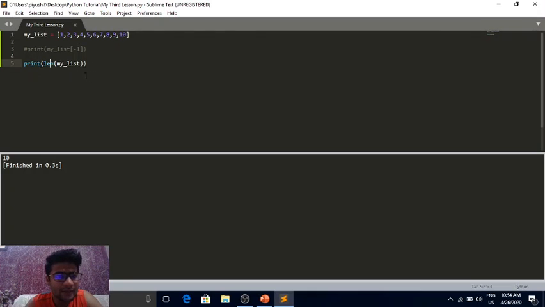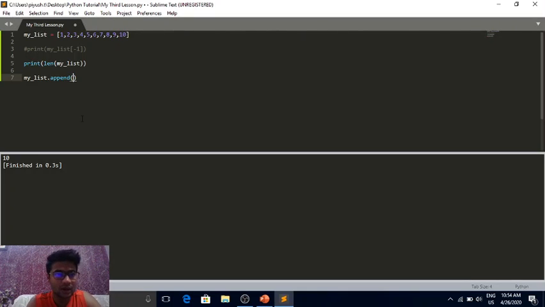Now let's say you want to add more items to the list. You can do this very easily, and all you have to do is my list dot append. So append is a pre-existing method that adds items to your list, but only towards the end.